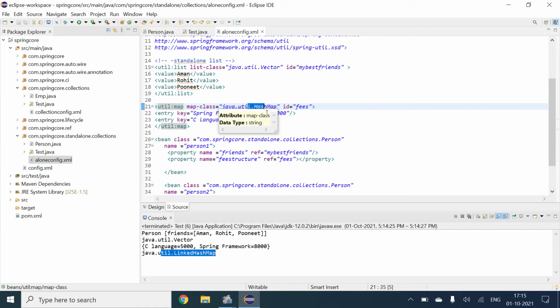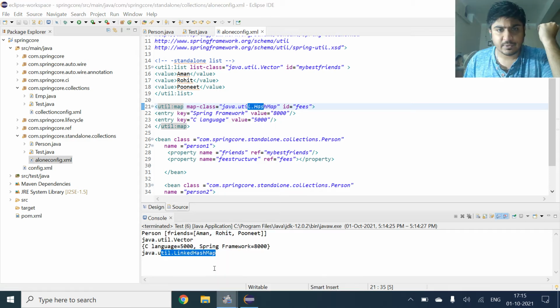Till now we have covered list and map, and now the properties are left. I will come to the properties.